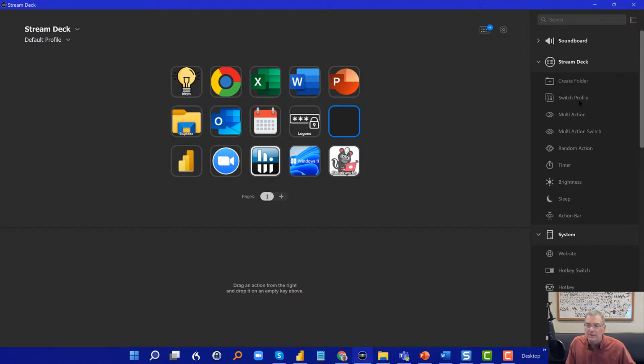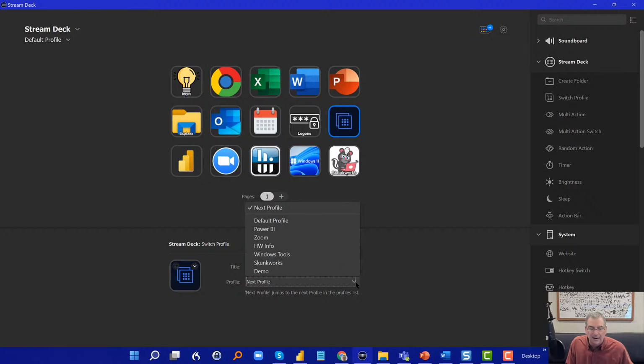And so what we want to do for a profile is just click and drag that switch profile, and then this is your information screen for the button. Here there's an option for profile. You can either say next profile, in which case it'll cycle as you hit the button multiple times, or you can assign a particular profile to it. In this case we're going to assign the demo profile, and we'll just call this